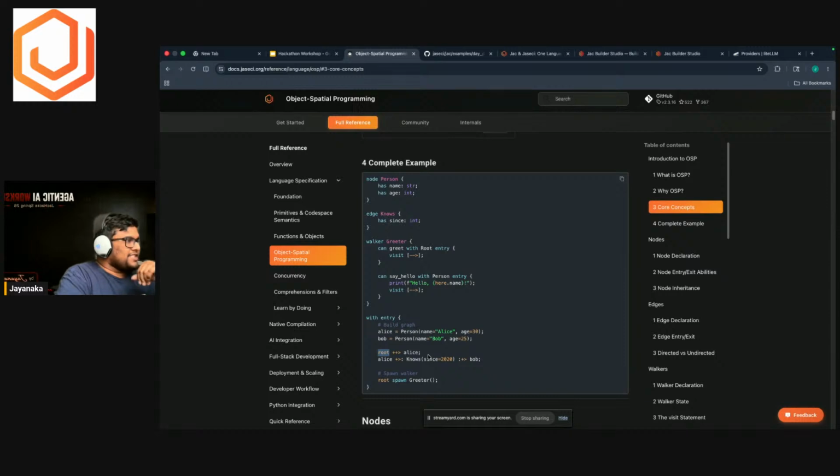So okay, we have the root per user, and per user you can create the graph. Simple. And the walker is the other feature that's very important, which is kind of an agent that can walk the graph. And the way this agent walks the graph is specified in code. Now in here you can see we say greet with root entry. So whenever this walker is on the root node,